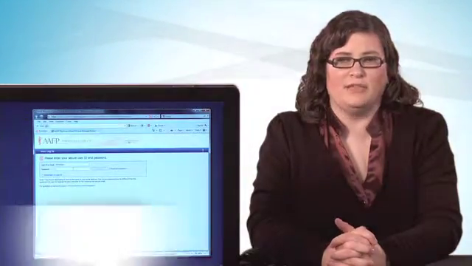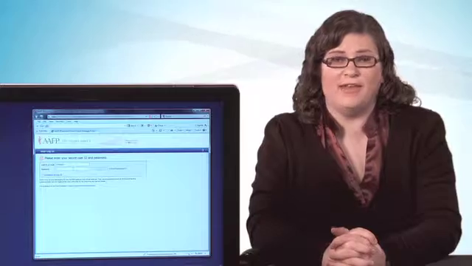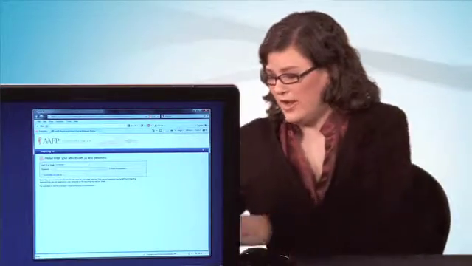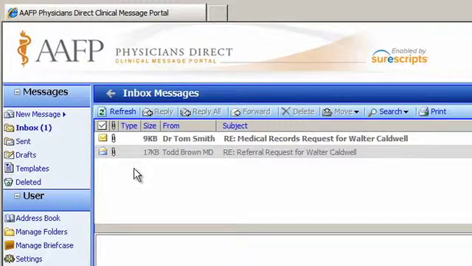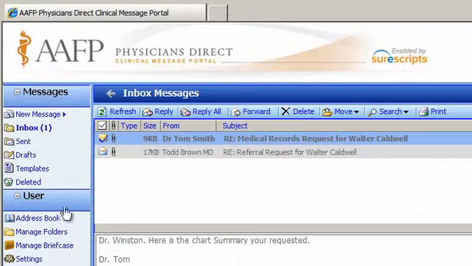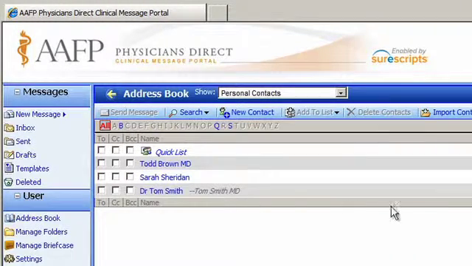Finally, I'd like to show you some of the additional features of the Clinical Message Portal, including how to use the address book, create message templates, and access our live help system. I'm going to go ahead and log in as Dr. Winston. And in this case, I'm going to access the address book